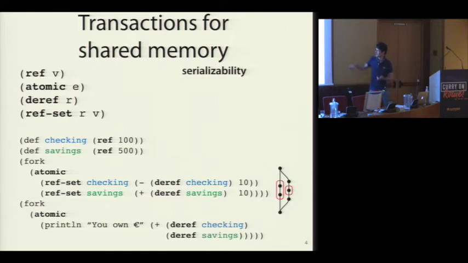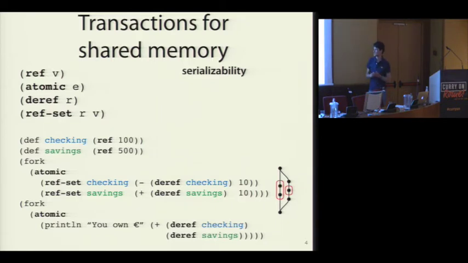And here you can see a traditional example of an application that uses STM. It consists of two bank accounts, both of which are encapsulated in a transactional variable. And then two threads are created, each of which contain one transaction. The first transaction transfers 10 euros from the checking to the savings account, and the second transaction sums the balances